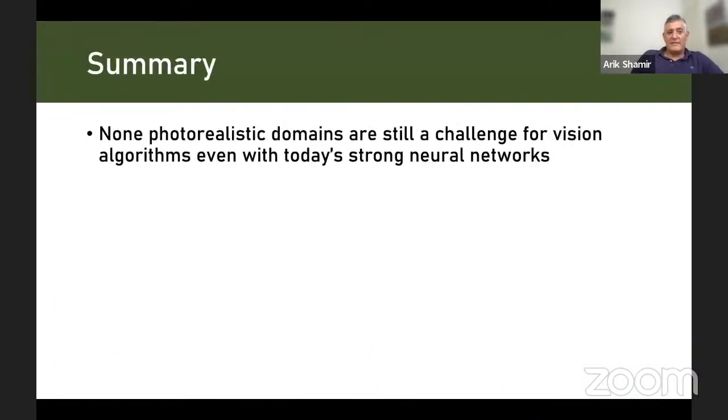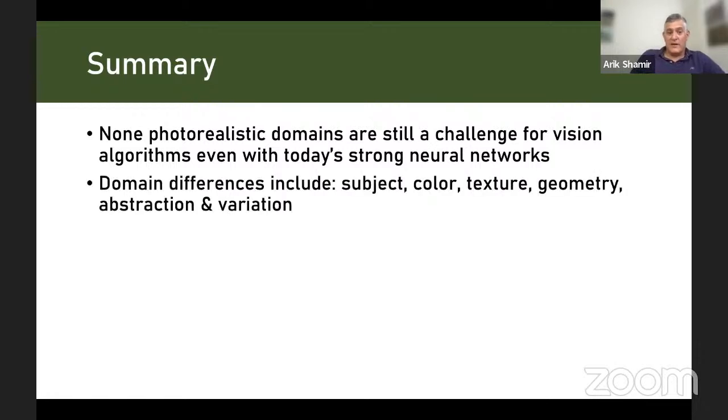Okay, so to summarize, I hope I showed you that non-photorealistic image domains are still very challenging for both vision and graphics tasks, even if we think about today's very strong neural network algorithms. The main reason is really the domain differences, and they include the subject differences, the color differences, texture, geometry, abstraction, and variation.